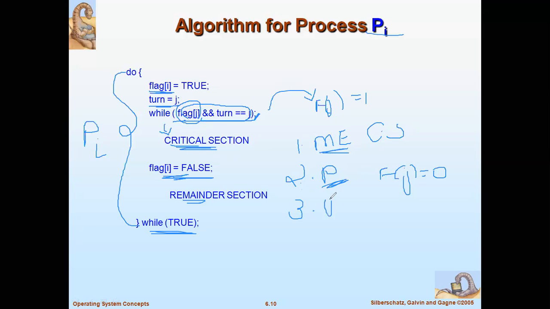What about the third one? The third one is bounded waiting. In bounded waiting, as I said, Pi will allow Pj to execute sometimes, and Pj will also allow Pi to execute sometimes. So none of the processes go into an indefinite loop; it does not keep the other one waiting forever. Both get equal chances to enter their critical section. This is how Peterson's solution works. I hope you have understood this, guys. Thank you.